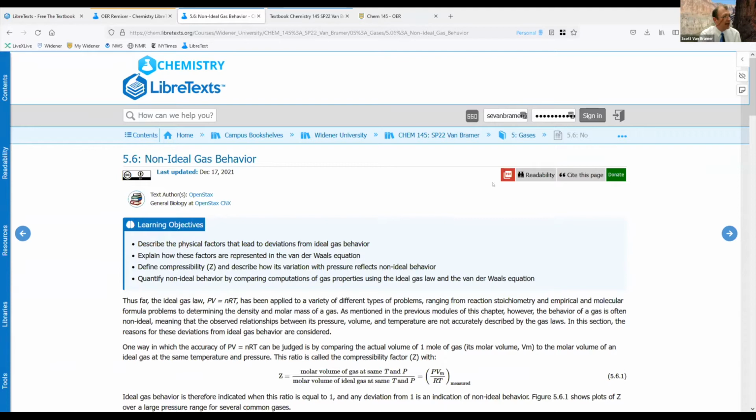So that's one way students can access it. The other way is they can just download a PDF of the whole textbook and keep it on their laptop. Or they can download a PDF of this page or this chapter, and keep it on their laptop. And some students prefer that. Other students, if you go to the web-based version, there's lots of features built in.